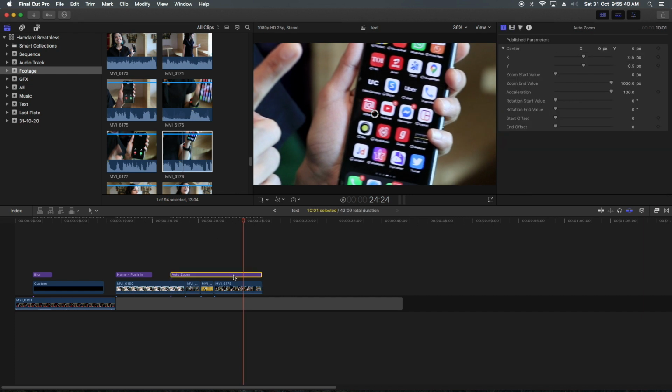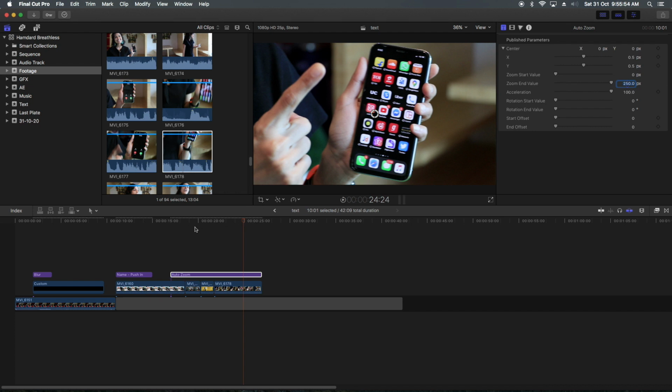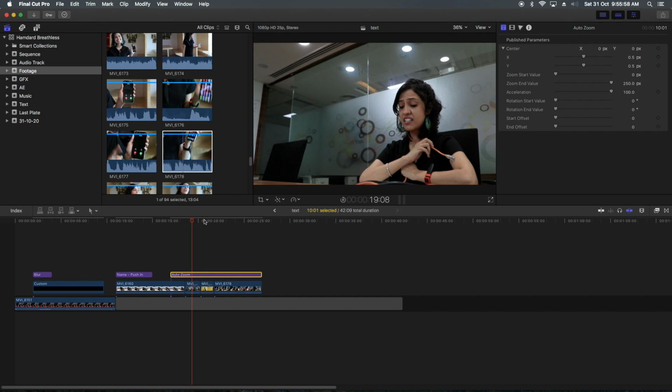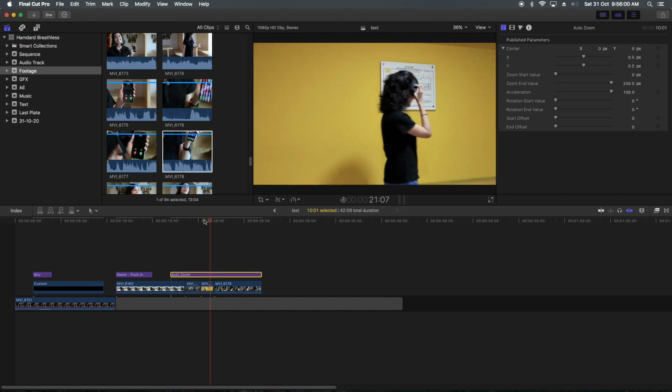And to control this zoom, you have to go to the inspector. The zoom start value is 0 and the zoom end value is 1000, and if I want only 250% pixels, it will only move 250 pixels. Very subtle movement, right?